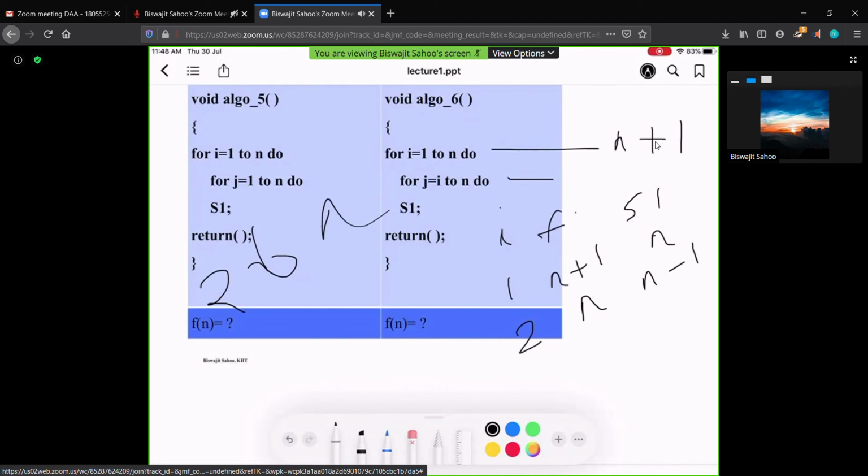Again, when you go to the next iteration, when i became 3, my inner loop will vary from 2 to n or 3 to n? 3 to n. If it is 3 to n, it will obviously be n minus 1, it will become n minus 2. If I continue to do like this, the moment my i became n,